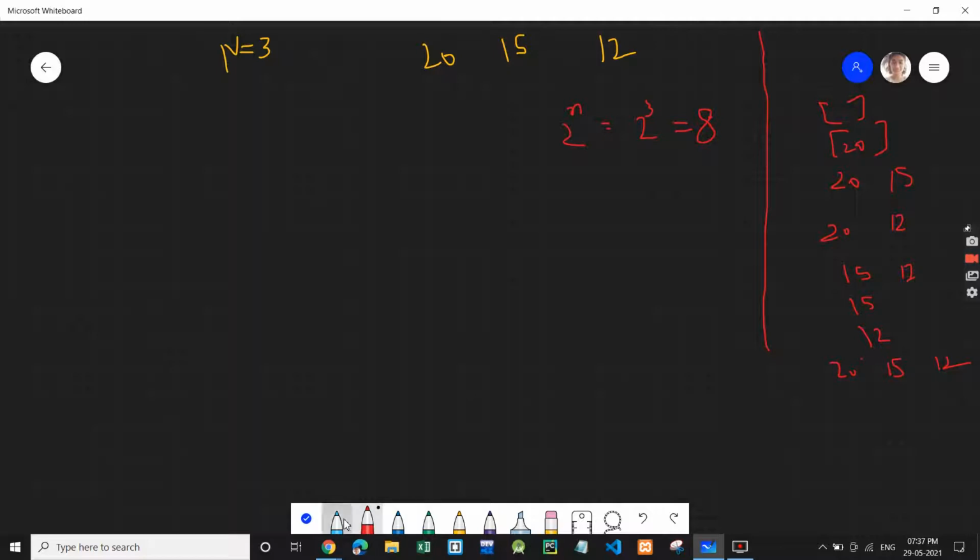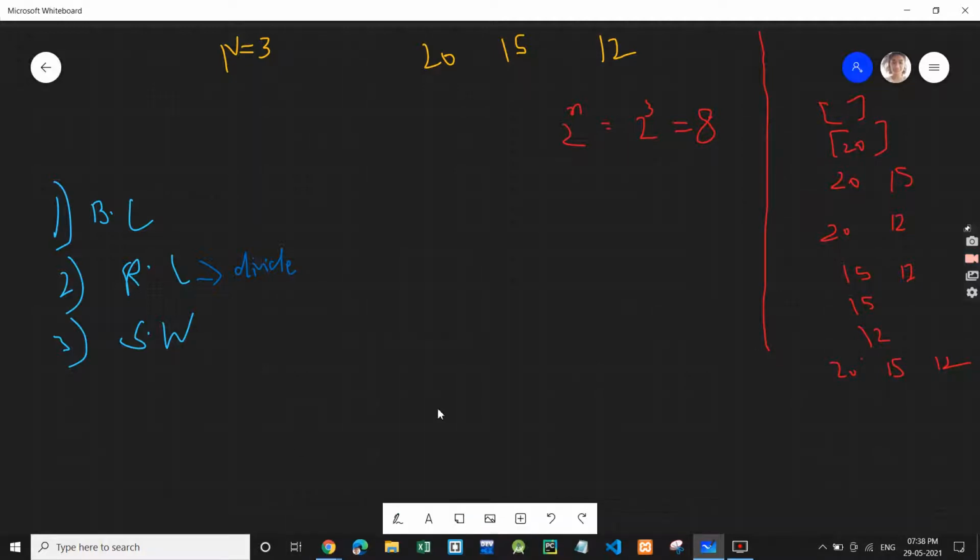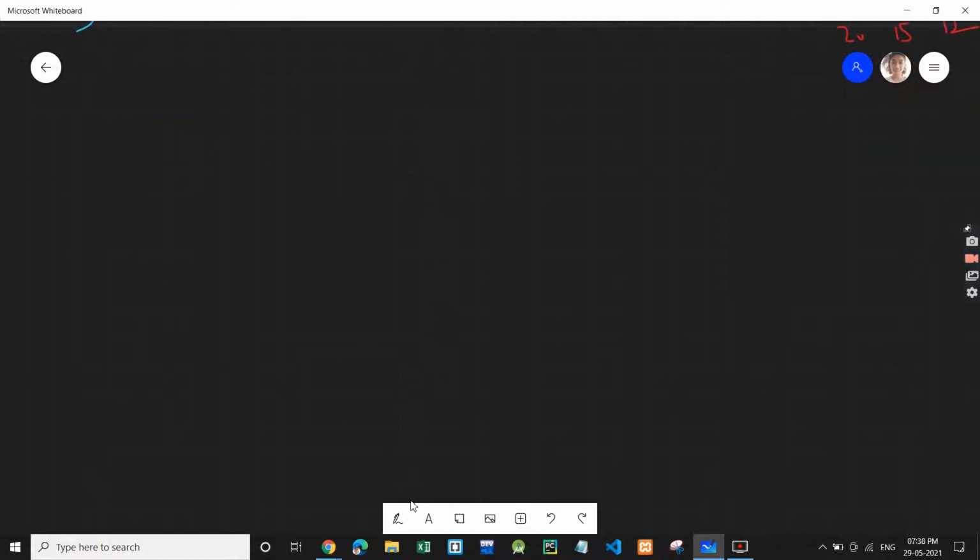Let's discuss all the 3 steps we have for every recursive problem. We have the base case, we have the recursive call, and we have small work. In the recursive call, we divide our problem into smaller problems. Over here, we are given 20, 15 and 12.